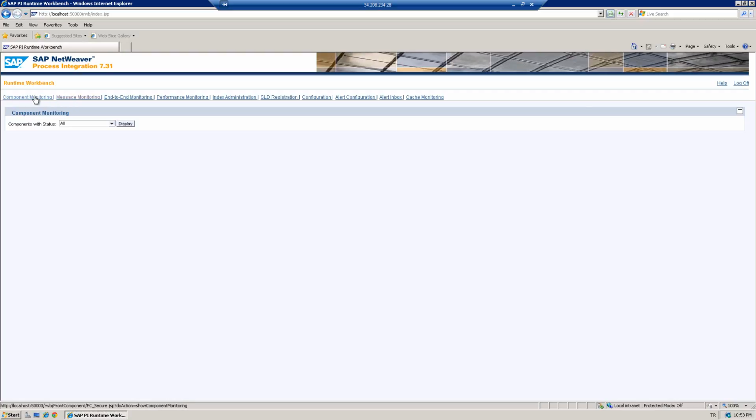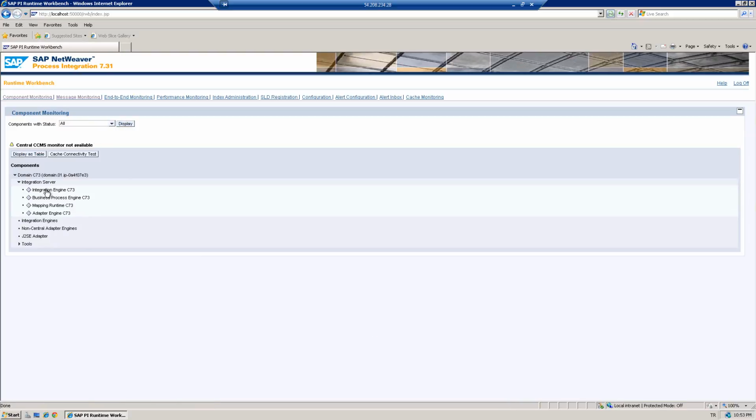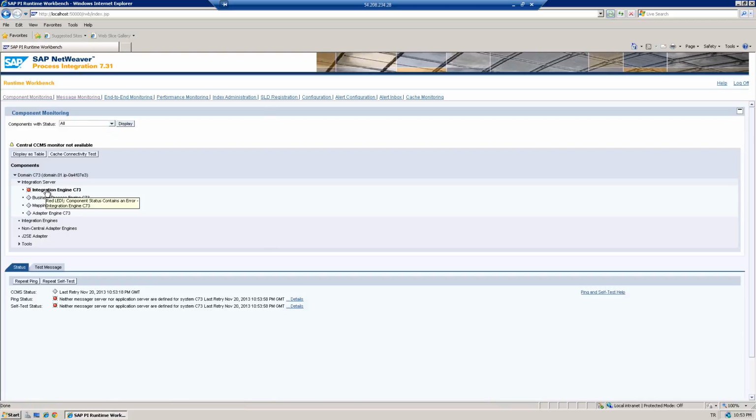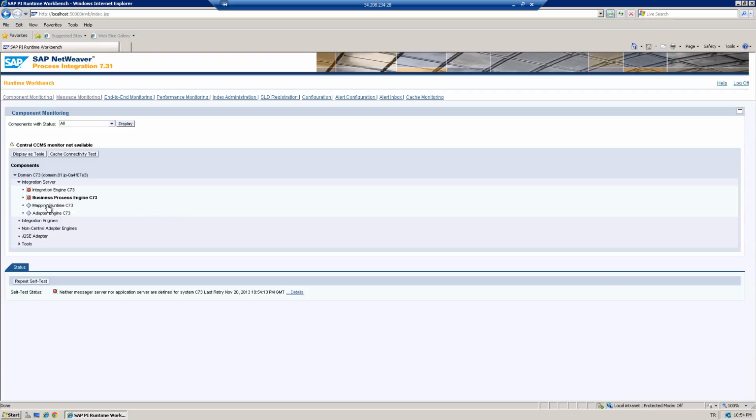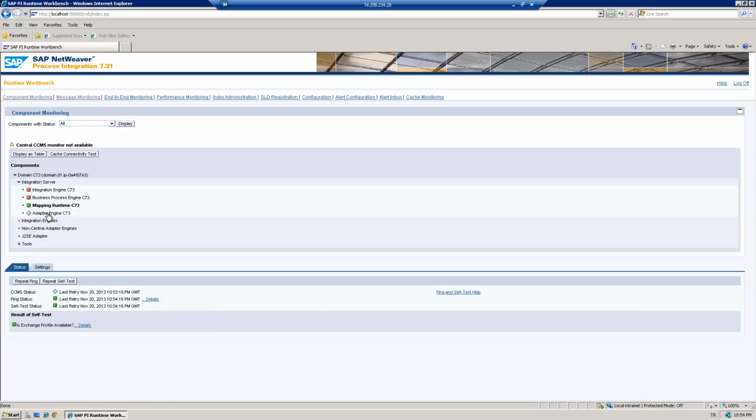Now when we select component monitoring, we will get which ones we want. Okay, let's display all. Here we have the integration engine, which is not available since this is a single stack Java only system. It does not contain an integration engine, which will be the future of PI. Also, it doesn't contain a business process engine, but it does contain a mapping runtime and it does contain the adapter engine. So we see that the mapping runtime and the adapter engine are green,